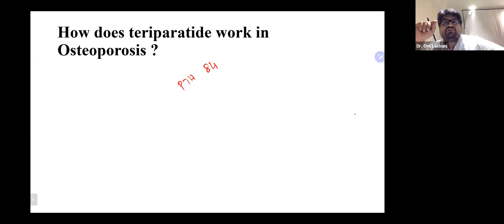In fact, patients with primary hyperparathyroidism tend to have osteoporosis, or weak bones, and more fracture risk. So it is quite counterintuitive that teriparatide actually has a positive effect on the bone, and it is used in the treatment of osteoporosis. Technically, from a mechanistic point of view, it should cause worsening of osteoporosis. So they thought, let's try using a shortened molecule of PTH, which just stimulates the PTH receptor, but does not have the complete action.